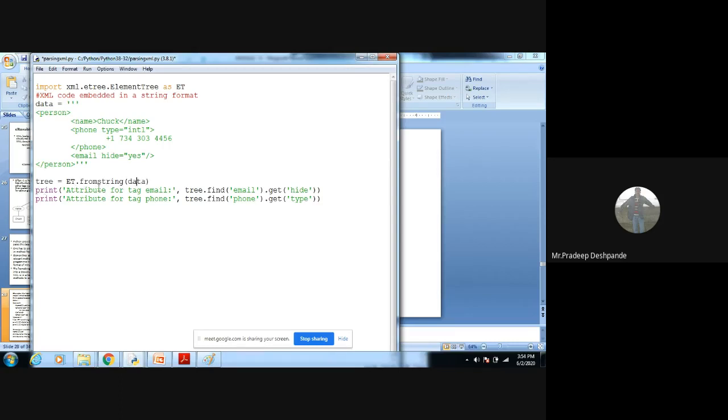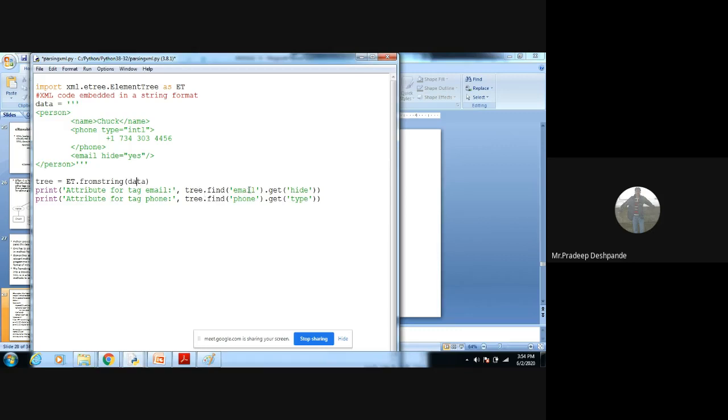Then print the attribute for tag email, then the attribute for tag phone. The attribute for tag email is tree.find('email').get('hide').